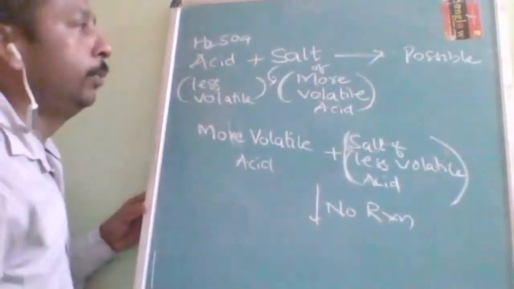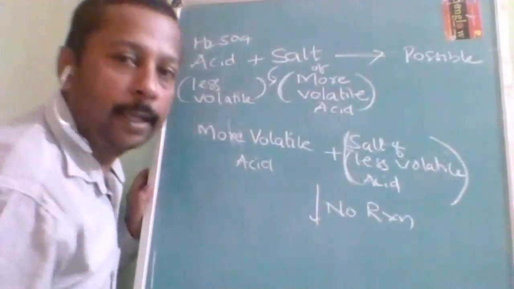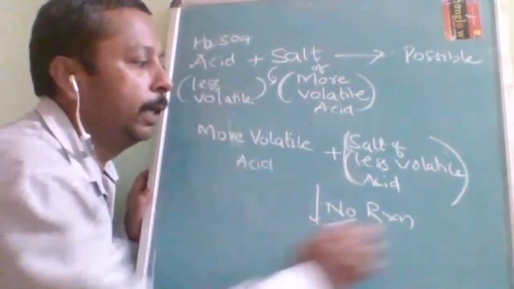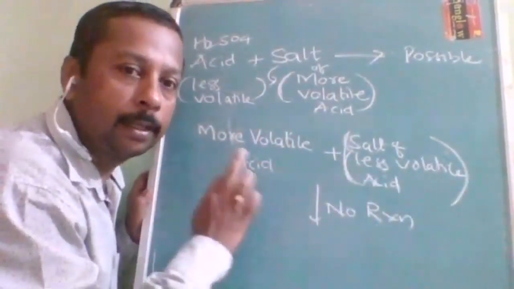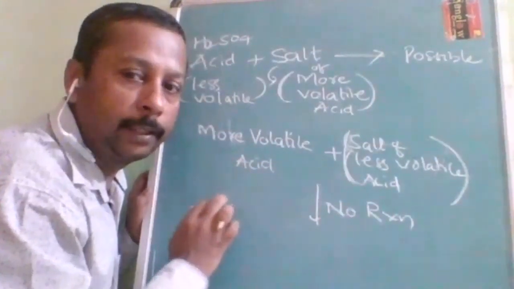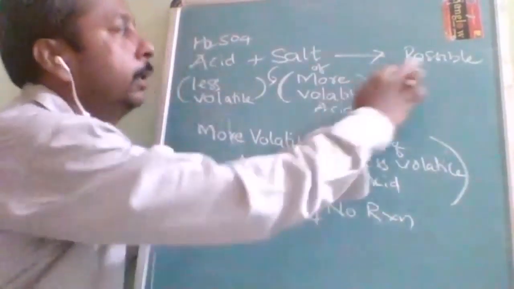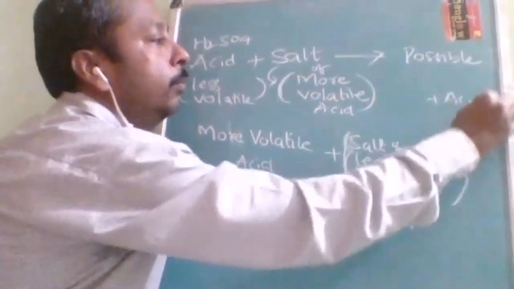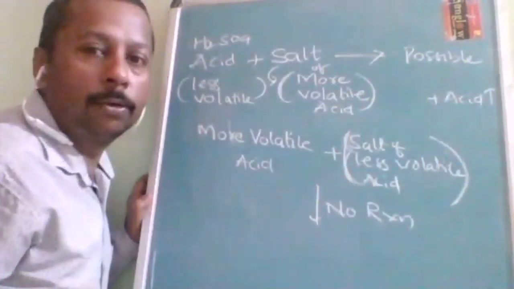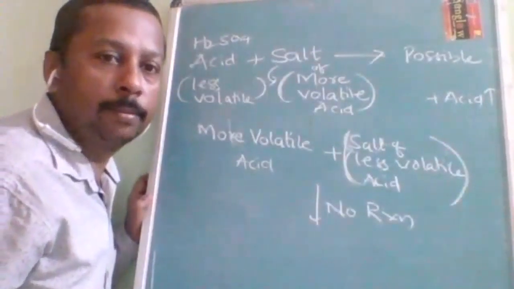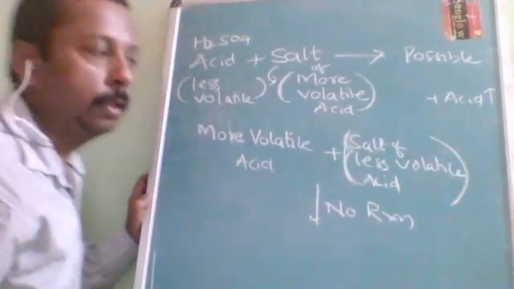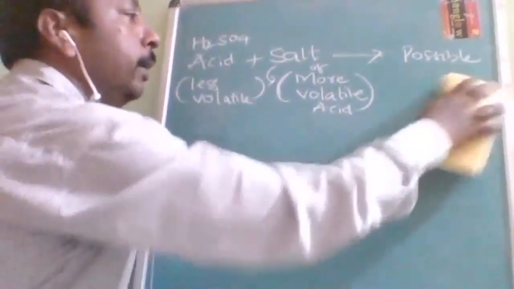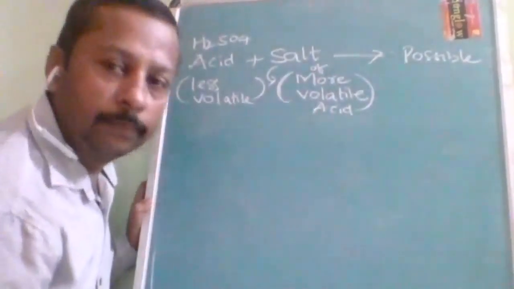Now you need not mug up which reaction is possible and which is not possible. The reason behind this logic is in which chapter? The thermodynamics chapter, in terms of entropy. Here we are going to get the acid which is more volatile. As entropy increases, the reaction is spontaneous. You can understand this only when the teacher understands the problem of the students.